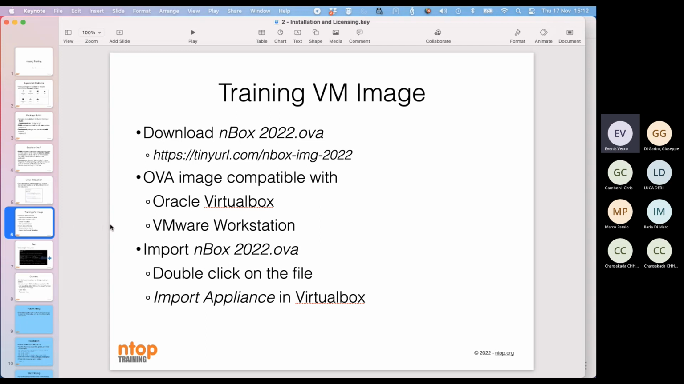Now, for those of you who downloaded the virtual machine, I already gave you instructions during the last session. We will see now how to run it. Or if you are using a physical system where you will install the software, you can skip the next slide. So just to recap, this is the slide from the last session where you have the link to download the virtual machine